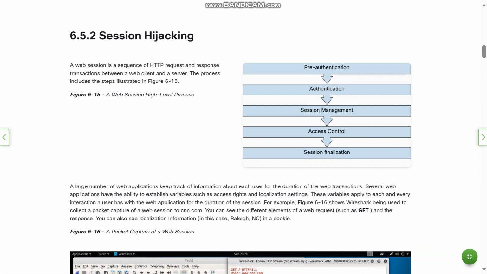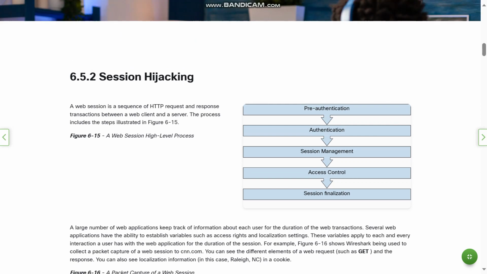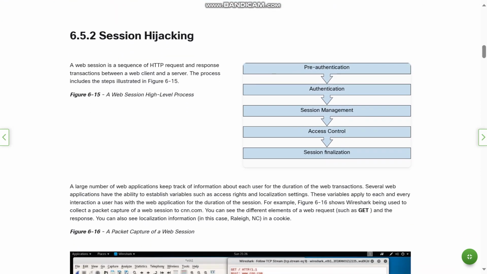Session hijacking. A web session is a sequence of HTTP requests and response transactions between a web client and a server. The process includes the steps illustrated in this figure: pre-authentication, authentication, session management, access control, and session finalization. A large number of web applications keep track of information about each user for the duration of the web transactions. Several web applications have the ability to establish variables such as access rights and localization settings. These variables apply to each and every interaction a user has with the web application for the duration of the